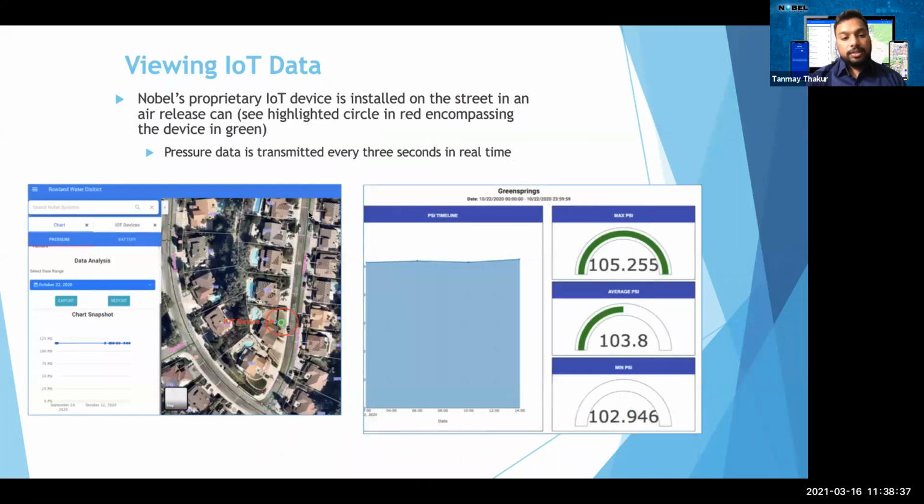So this is the actual setup or the UI where the customer can see it on GeoViewer. On the left hand side, you can see the pressure charts on GeoViewer, where it's monitoring the pressure across the air release valve. If you want more detailed information about the pressure, you can click on the report and you can get a complete PSI timeline. You can see the max PSI, the average PSI across a day, the minimum PSI across a day, or the complete 24 hours timeline of that pressure across that particular point in the district.